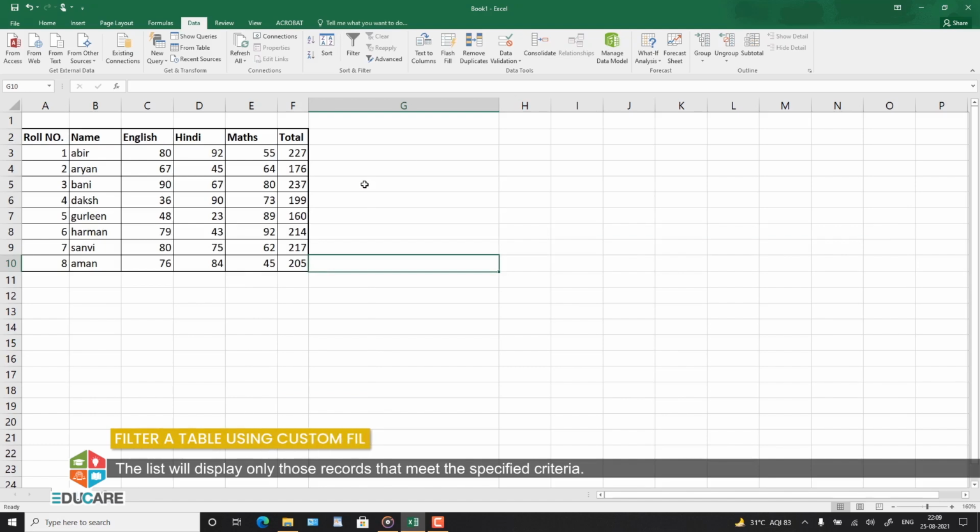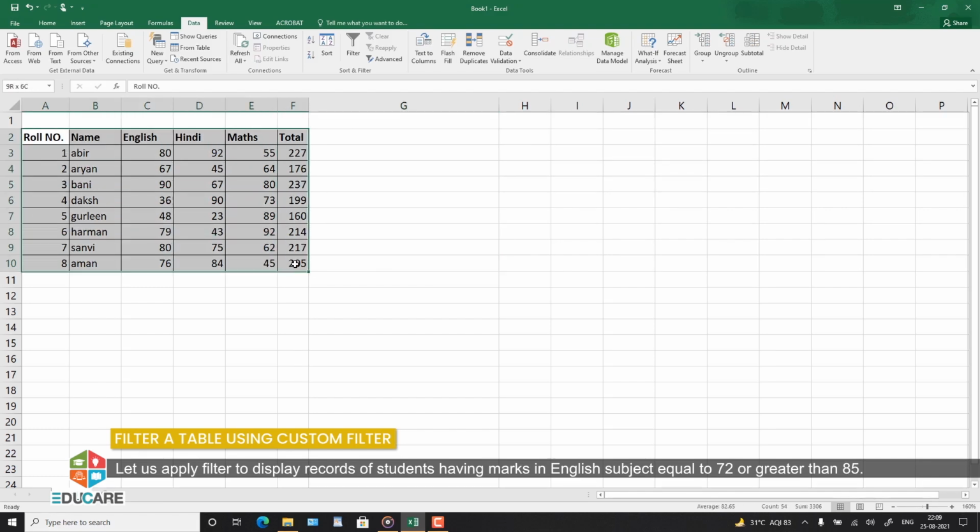Filter a table using Custom Filter. Custom filter is used to filter data based on multiple conditions. A custom autofilter uses a rule that you create instructing Excel how to evaluate the entries in each row. The result of that evaluation determines whether rows are displayed or filtered out. Let us apply a filter to display records of students having marks in English subject equal to 72 or greater than